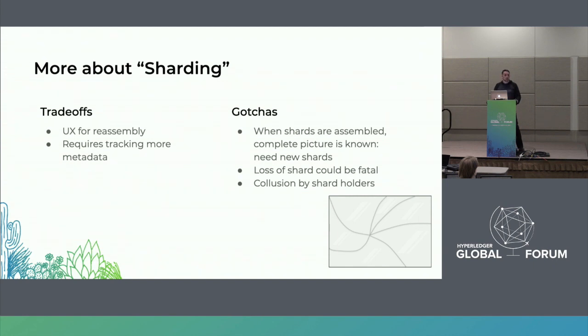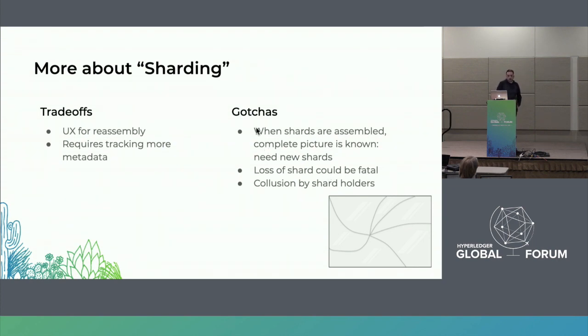It requires you to track more metadata. You don't just have to track the value, you have to track where the value is sharded and what the characteristics of those shards are, and if those characteristics change, you have to track that as well. So Facebook has a friend recovery kind of a feature where you can recover your Facebook account by sharding privileges to that account with 3 of your friends. But if one of your friends dies and one moves across the globe and never talks to you again, your sharding mechanism didn't work very well. So you're incurring a burden in maintenance around shards.